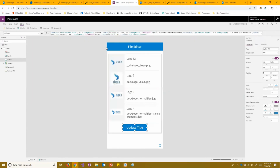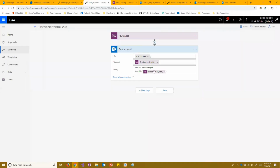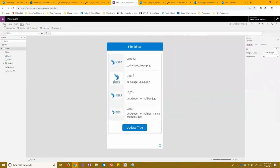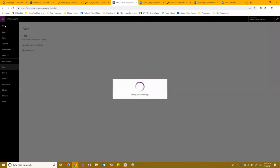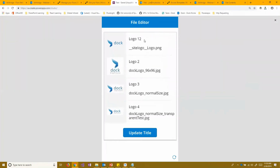So now that I have that all typed in, again, it's really simple to put in your app. You just type in whatever the flow's name is .Run and then pass in these parameters that you need. Whatever one you put in first is going to be the first one. Whatever one you put in second is going to be the second one. After I do that, I can save this. And I'll test it. So I want this to be named back to logo 1. And when I update the title,